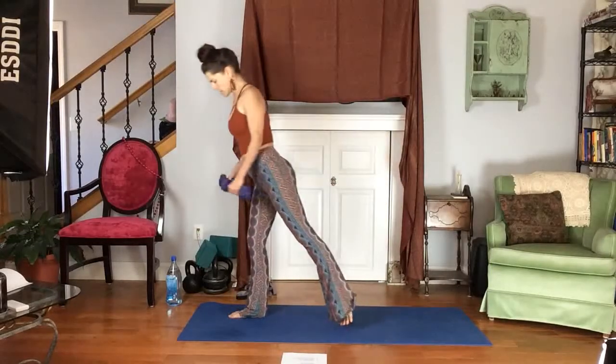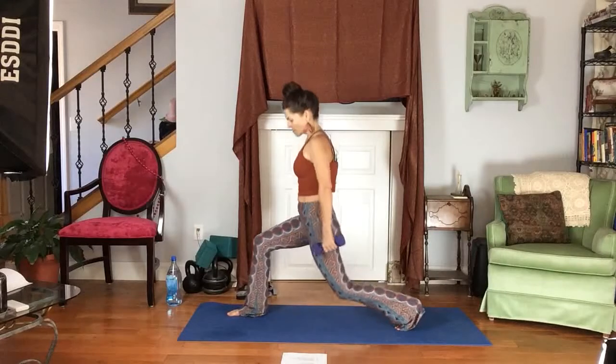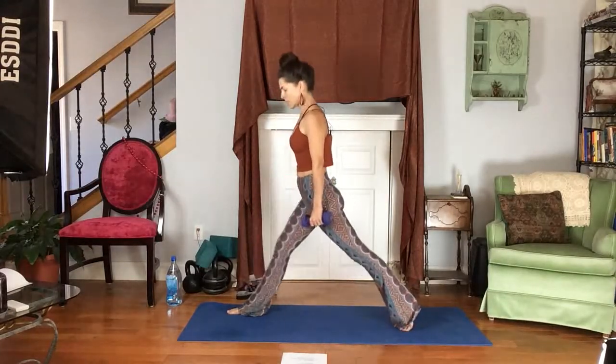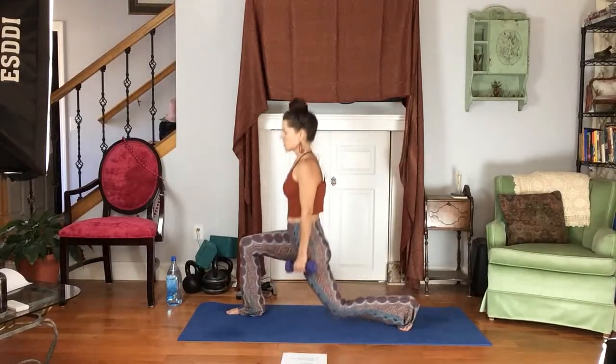So for this next one, you can either choose to keep the weights in your hands, or you can lose the weights. It's up to you. It's going to be a stationary lunge. So right leg's going to come in front, left leg is in back, and you're simply coming up. So that's 1, 2, we're going to do 15 on each side, 4,